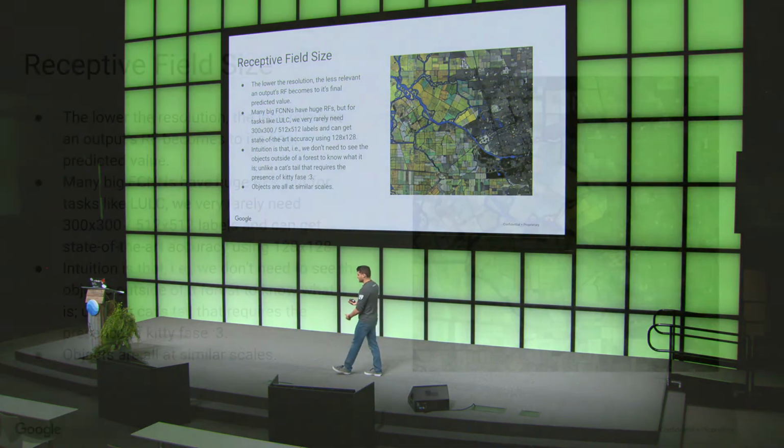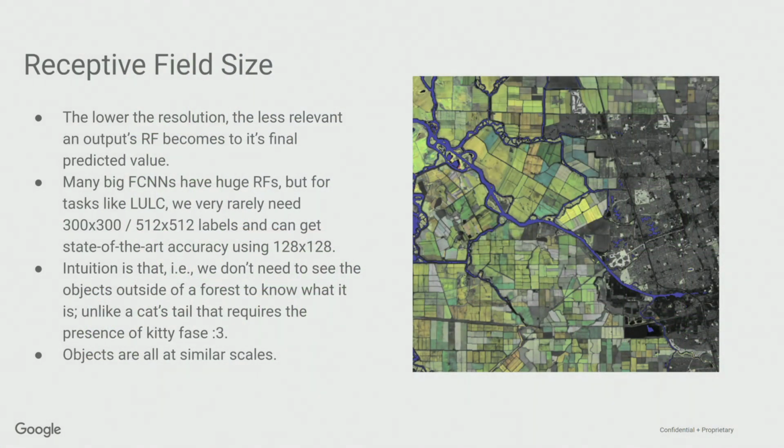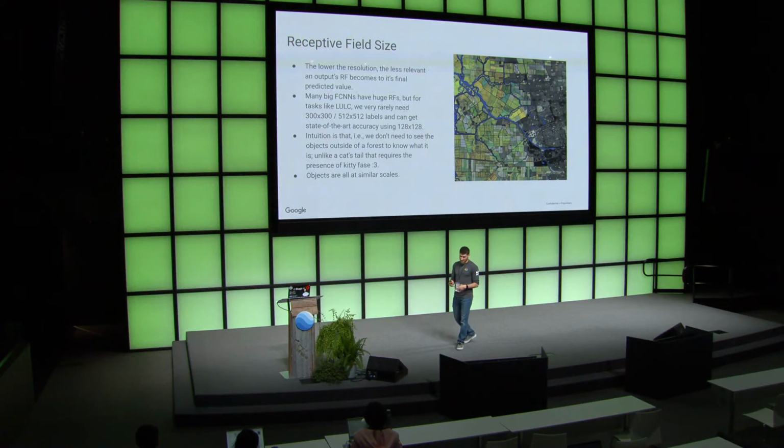Because the satellite is generally at a fixed range above the Earth, we can generally assume that the objects we're looking for will appear the same size in terms of pixel radius. A lot of times when you're building a convolutional neural net to understand camera imagery, you'll do stuff like Atrous spatial pyramid pooling, which is one breadcrumb. You'll do image pyramiding and train the model with different pyramids of images to make sure it understands things at different depths and different sizes. That's not such a big issue when we're dealing with remote sensing imagery.